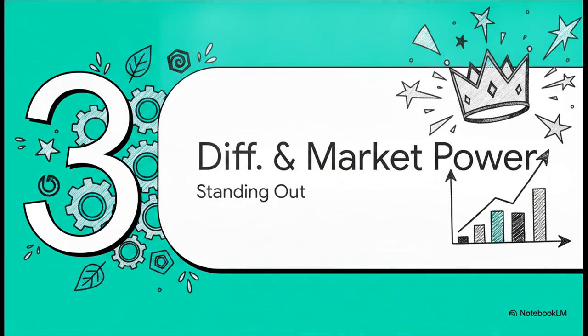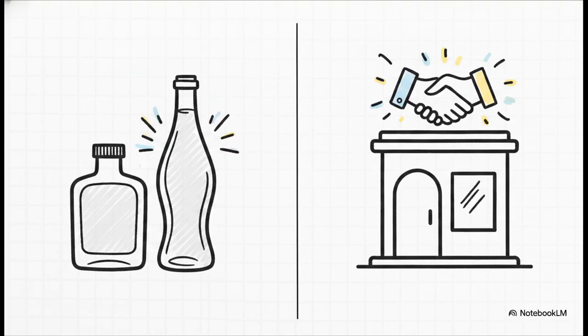Moving on to Section 3, differentiation and market power. If you want to be a monopolist over your own brand, you have to make that brand stand out from the crowd. So, how do these products actually pull off this differentiation? Well, it's not just a matter of slapping a different logo on a cardboard box. According to the source material, differentiation happens in two main ways. First up, physical traits. This is the tangible stuff. A difference in quality, the size of the bottle, a super sleek design, or eye-catching packaging.